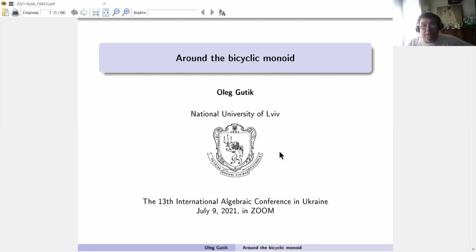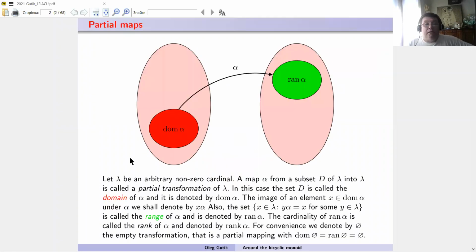So my report is about partial transformations, partial bijective transformations of some ordered or metric spaces, and about the technique which we use, which is close to the bicyclic monoid. So as a definition, if we have any non-empty cardinal